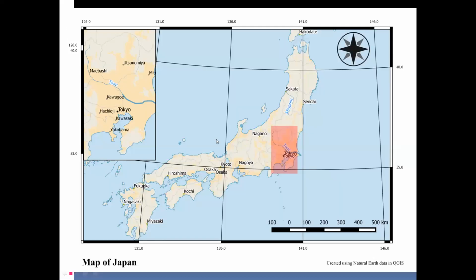You must have seen such types of maps. On this map, if you observe the bottom right corner, one scale is specified. Such a scale is called a graphical scale. The graphical scale basically represents the relation between the actual dimension of the object and the dimension shown on the graph paper or drawing paper. So now we will see how to prepare a graphical scale.